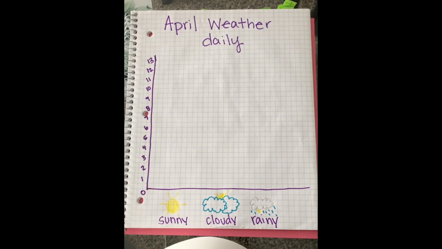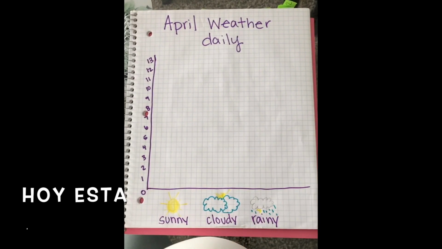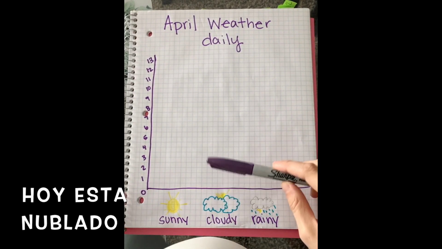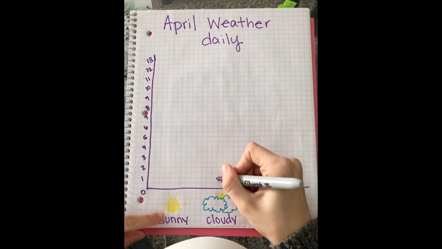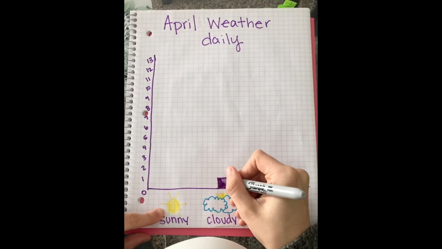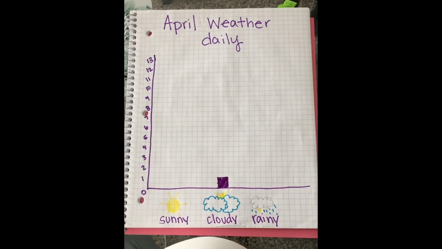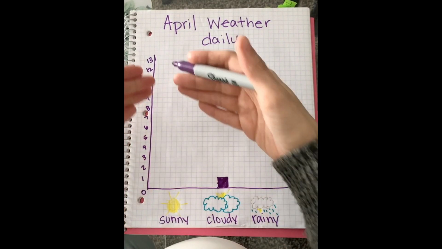So today is the first day of April, so I have noticed that outside of my house, it is cloudy today. So I am going to fill this in to the number 1. So right above cloudy, I'm going to fill it in. And I'm going to do this every day to see how many days are cloudy, how many are sunny, and